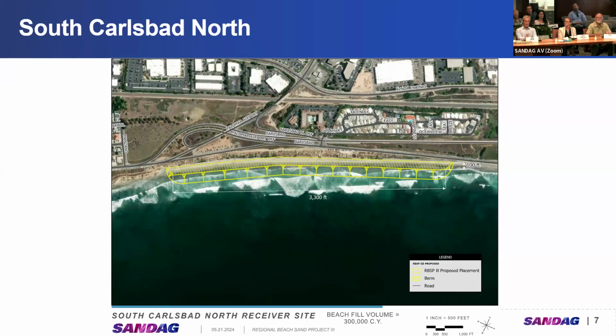There wasn't a lot of longevity of the beach fill, but the consideration now is to make this longer and make this bigger. Make this a 300,000 cubic yard project rather than the prior 150,000 cubic yard projects, and extend the north end up toward Palomar Airport Road and keep the south end right about near Encinas Creek mouth.